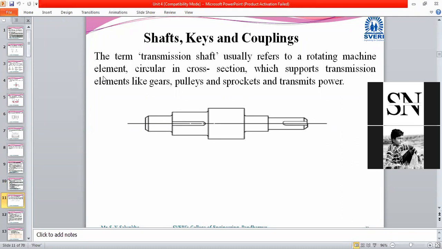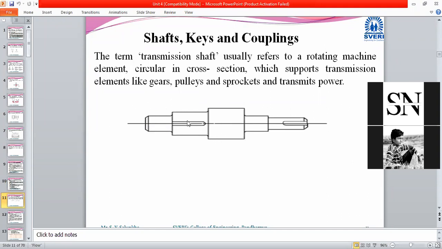So it is rotary motion which gets transmitted, and it is a rotating machine element, circular in cross section. Shafts essentially have a circular shape, which supports transmission elements like gears, pulleys, and sprockets, and transmits power. So this shaft is nothing but a rotating element having an essentially circular cross section.